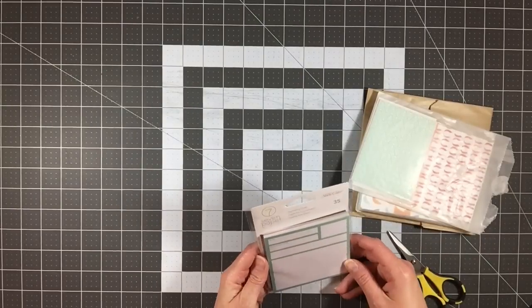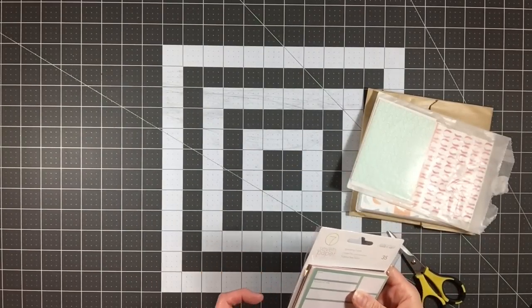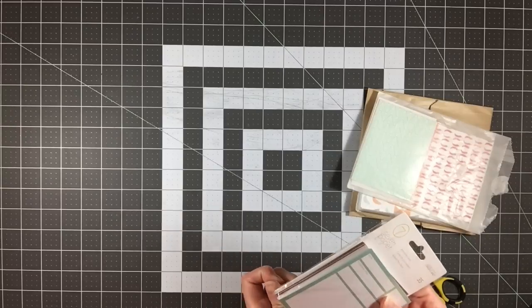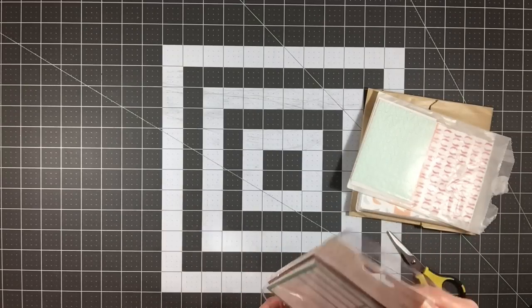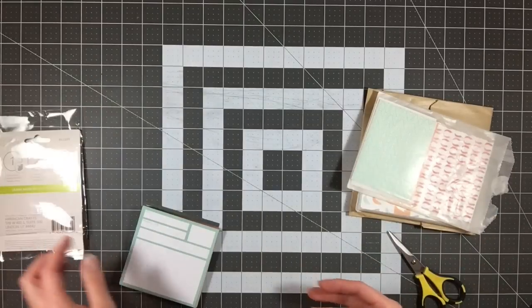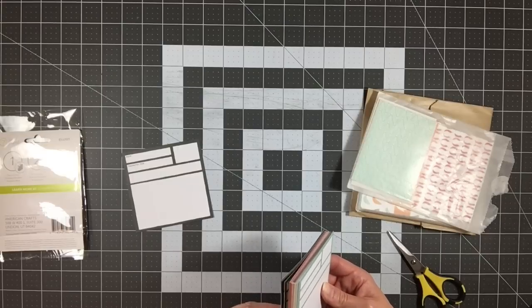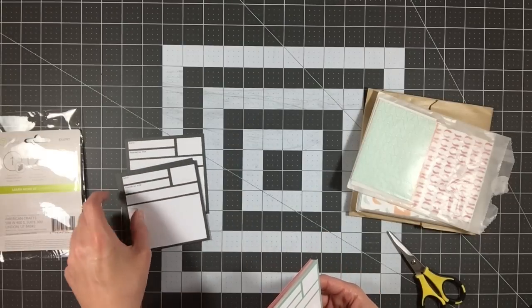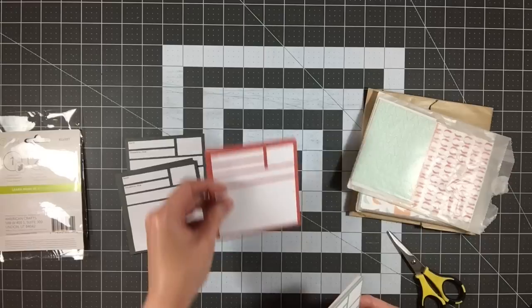Then there was this. These are where I was really kind of blown away. These are only $1 from what I remember. These are the 7 paper journaling cards. Elliot is the name of the line. They're single-sided, but I believe you get 5 of each color. It's kind of a hunter green, dark hunter green. It's kind of a,